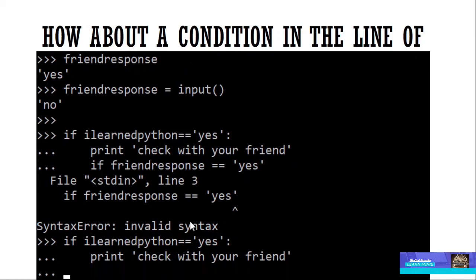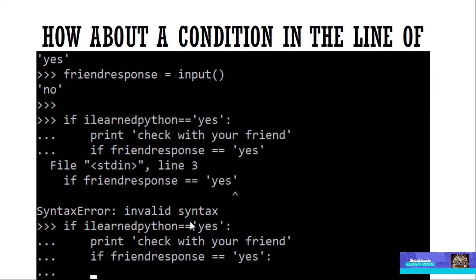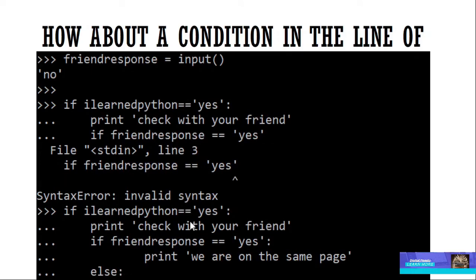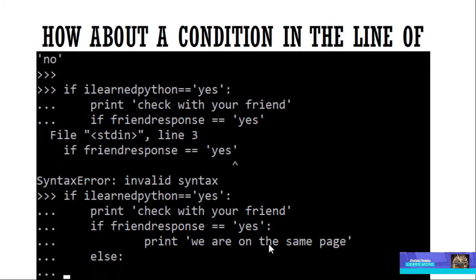So I'm going to check with your friend. Now I'm going to put the colon and then print we are on the same page. Else, so the condition will come first to here and it will validate this. Then if it is validated, then it will go to the inner if condition. In the inner if condition, if your friend response is yes, then it will print we are on the same page. Else, if the friend response is not matching with yes, then in the else condition we are saying